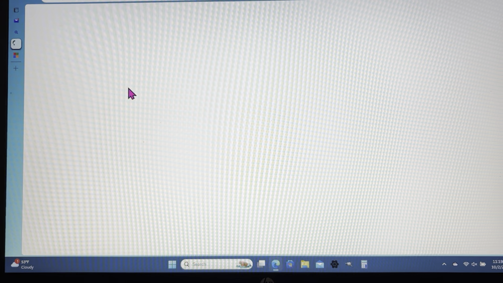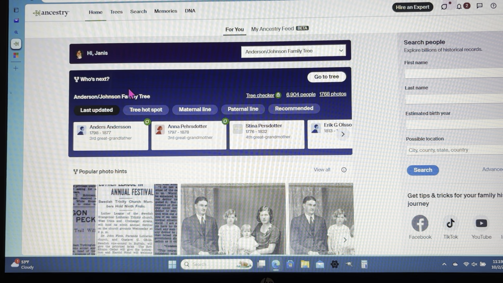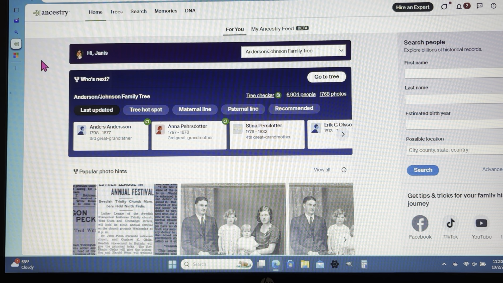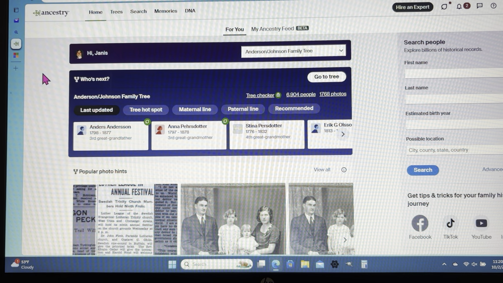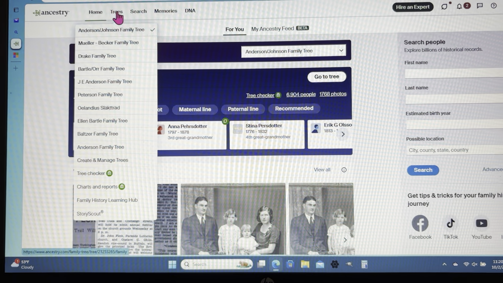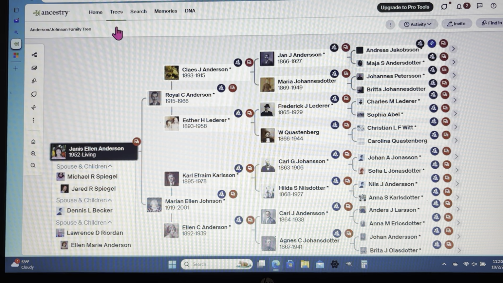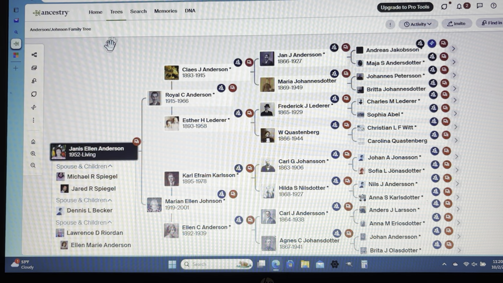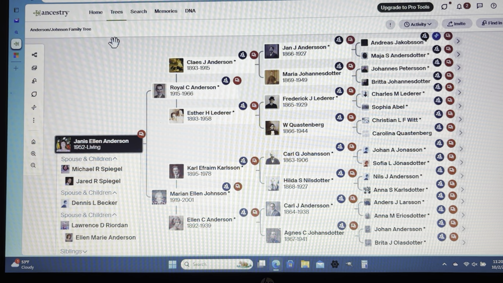What I'm going to tell you once I get back to the silly tree is, and here's the home page, as long as we're on this, the home page for me in Ancestry. I'm going to select to go to trees. There's a whole bunch of trees in here. Those are trees that I've worked on or created. They're almost all ones that I created. I share editing privileges with a few other folks on their trees.